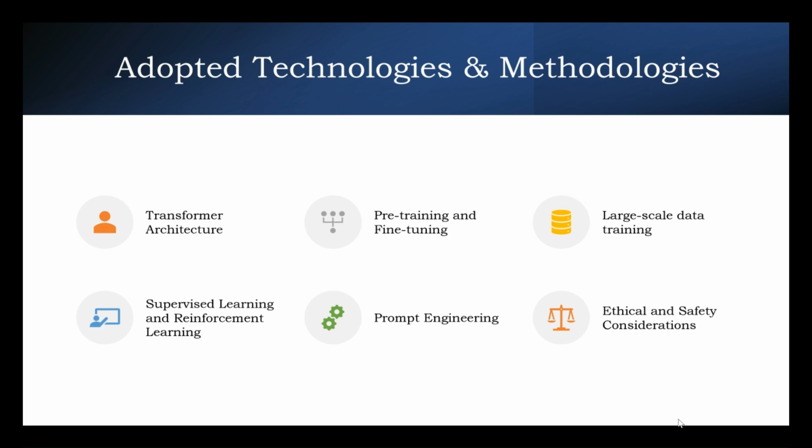provided ChatGPT to the users with the AI build. That is about ChatGPT, how it works, what technologies they used, and how they developed ChatGPT. In the next section we can see how we will